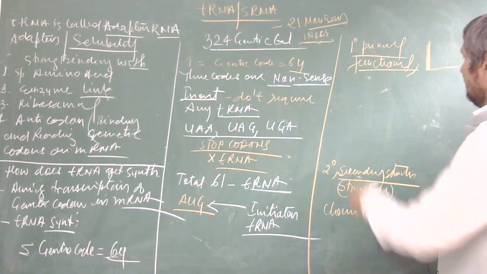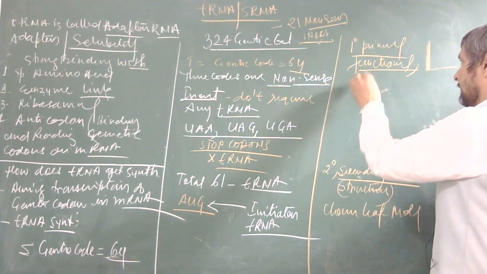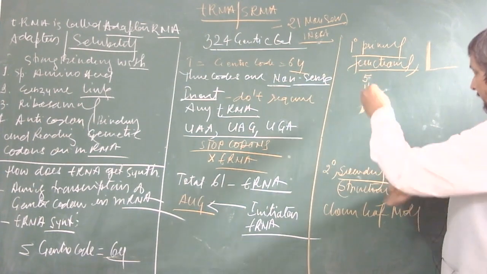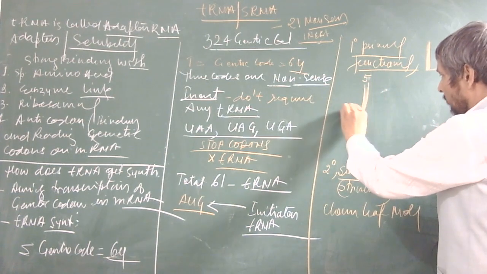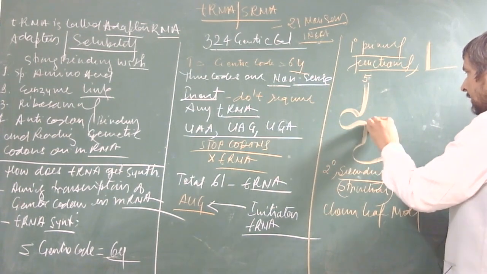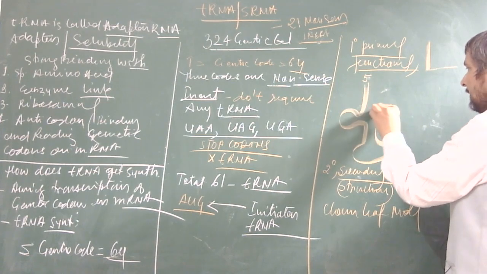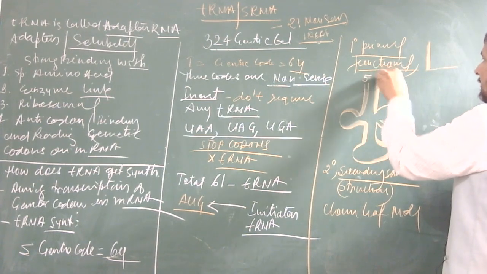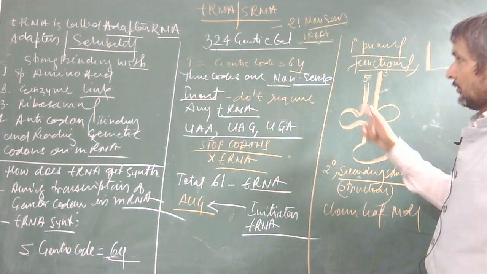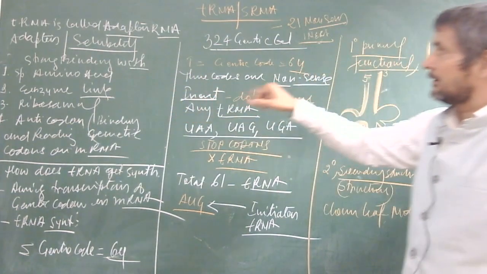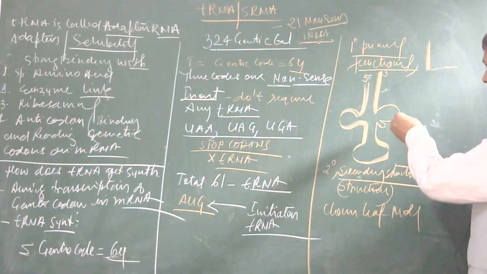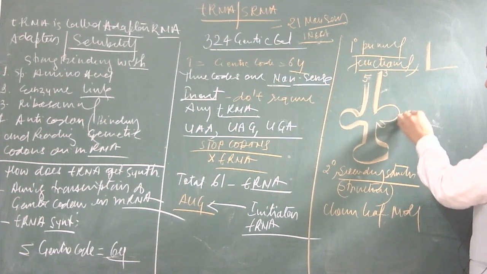Why clover leaf model? You can see here, now we should start from 15. The nucleotide always starts from the 15. One loop is formed here, then the second loop is formed here, then a minor loop, and then a third loop, and this is the end of the tRNA polynucleotide chain. So why is the tRNA known as soluble RNA or adapter RNA? Because they have a strong affinity, and this loop binds with the ribosomal